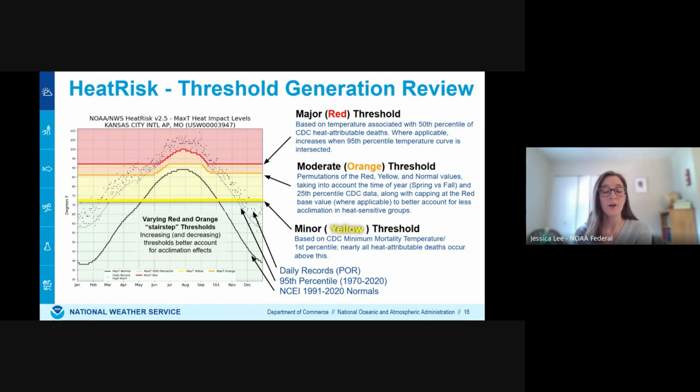These are an intermediate value between our red, yellow, and NCEI normals curves. The orange category represents lower temperature values that would still be of danger to heat-sensitive populations. And there's also an acclimation aspect to the orange, raising the threshold in the summer. But we do cap the orange threshold at the CDC 50th percentile of heat attributable deaths, which is our baseline